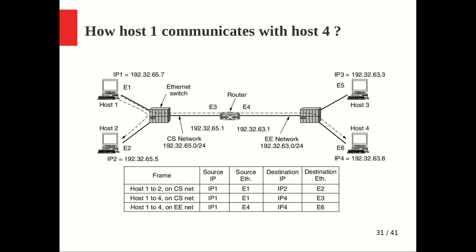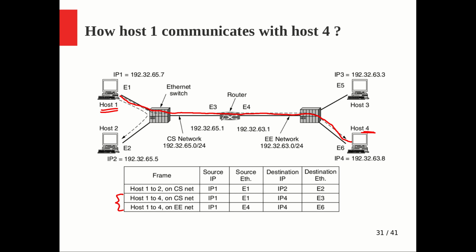So the same diagram I am taking, that we took in the previous discussions. We already saw how the communication happens within a network. Now the general scenario is where the communication is between two hosts residing in two different networks. So how will host 1 communicate with host 4? How will the communication happen between them? Definitely it has to go through the switch, the router, and the other switch, and it should come here. Everything should happen on the way, and these two rows were for that.